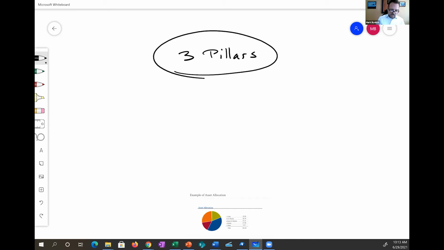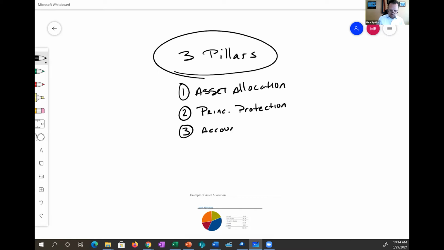So we have these 3 pillars here, and the 3 pillars are: 1, asset allocation; 2, principal protection; and then 3, we're going to talk about account segmentation. And I pride myself on something here. Almost everybody does this first one. Everybody in my industry does this. The Morgan Stanleys, Merrill Lynch's, everybody does asset allocation. And everyone talks about asset allocation. So everybody does this. Many people also couple in the principal protection,